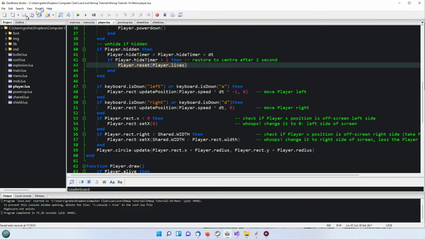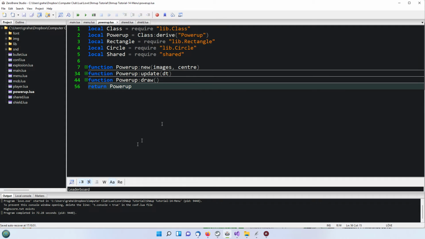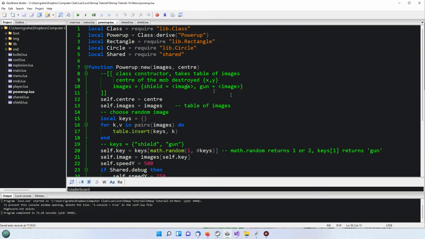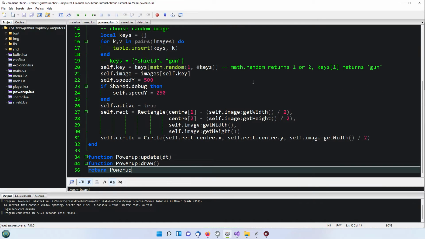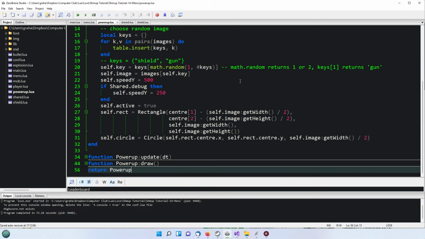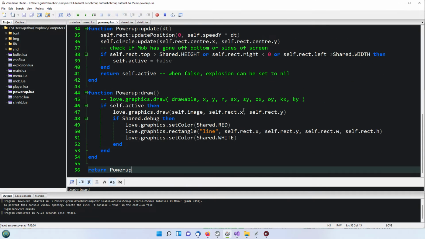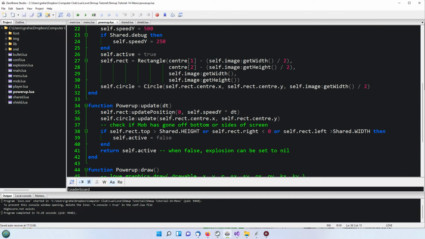Okay, let's shut that one. Power up again, just some minor tidying up. Now this of course is a full class, so we've got that again. The circle and rectangle are no longer having their own functions to return them. You just pull them straight out of the